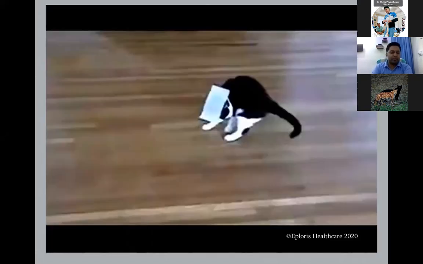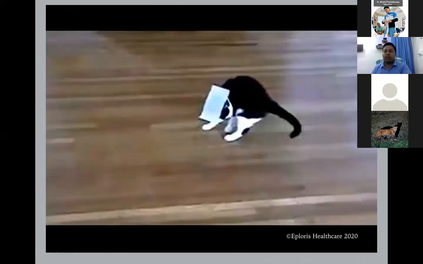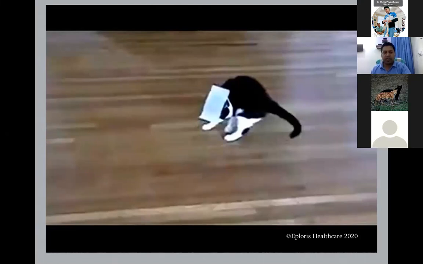Usually people say that we don't have so many resources or so much evidence which supports that this tape is very effective. But still it has some psychological effect on the patient, and you can see this. How does this tape give psychological effects? You can see over here. See in this video.